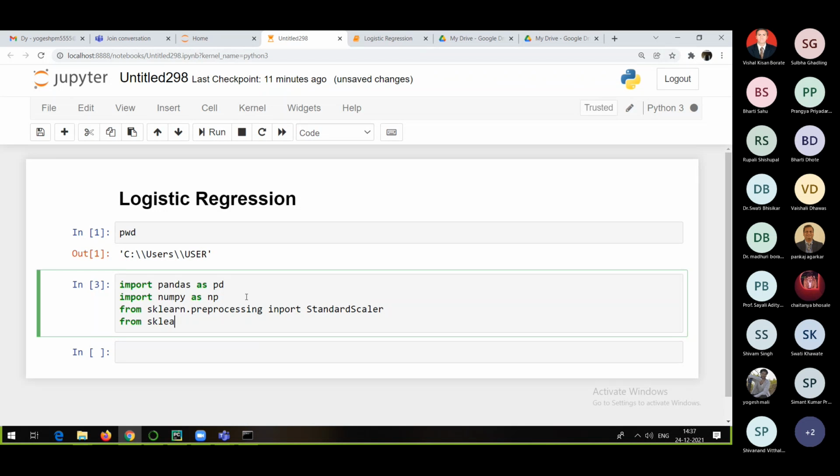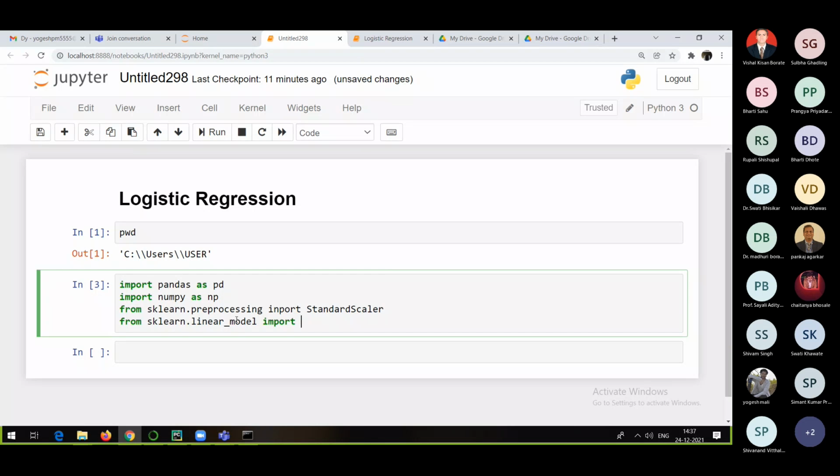And one more thing from scikit-learn itself, I am going to import. So I press the tab button here. Just a minute. So from sklearn it shows some methods. See this, okay, this icon has changed now. So from sklearn, now I am going to import logistic regression itself. There is a module called linear_model.